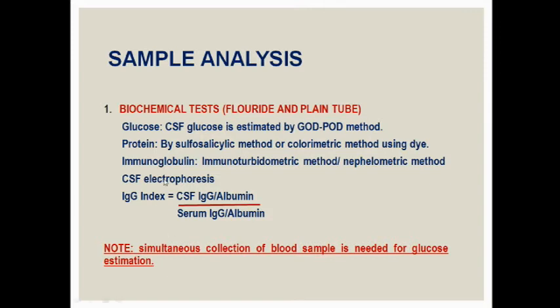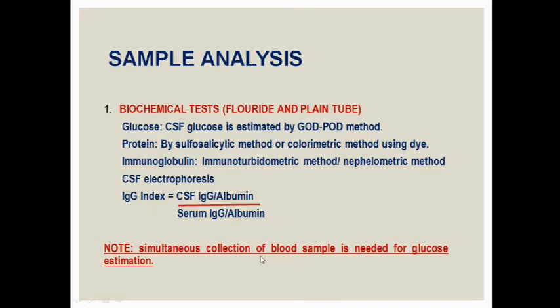Unlike the serum electrophoresis, which we do for protein, you do remember, right? Similarly, we are going to do CSF electrophoresis as well. There is something called the immunoglobulin G index. It is calculated using the formula CSF IgG divided by CSF albumin, the whole divided by serum IgG divided by serum albumin. So when we take the ratio of CSF IgG/albumin to serum IgG/albumin, we get what is called the IgG index. Normally this index will be less than 0.77. If it is raised, it gives rise to the diagnosis of many abnormal conditions which we are going to discuss.